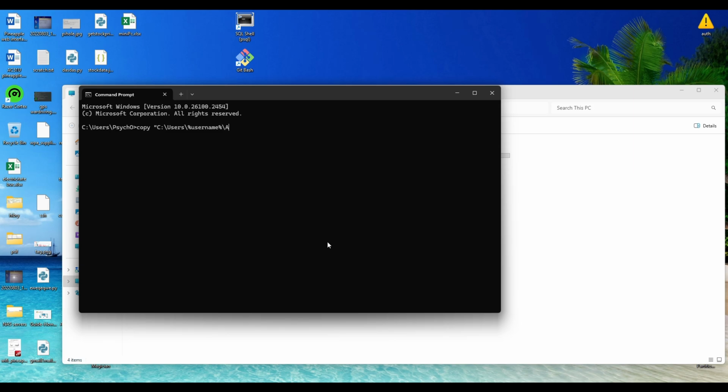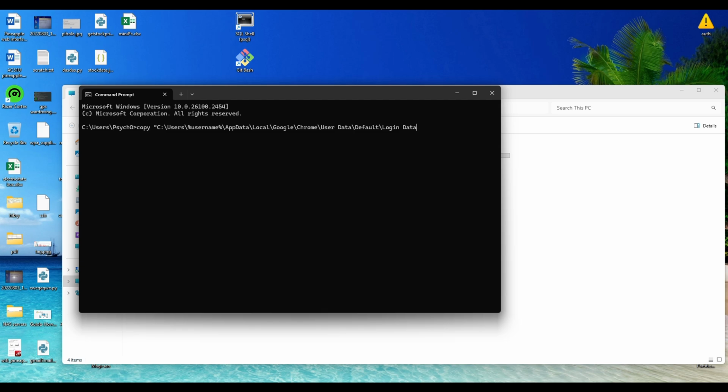Then it will be AppData, and then I think it was Local, sorry, \Local, then Google, then Chrome. I hope I'm not missing something. Then User Data, and Default, I think it was the last one, and then we have the Login Data